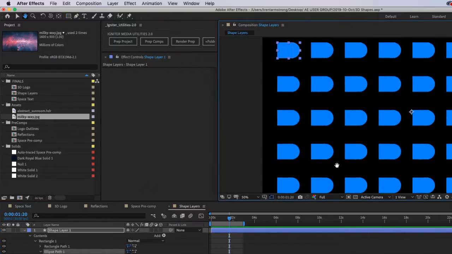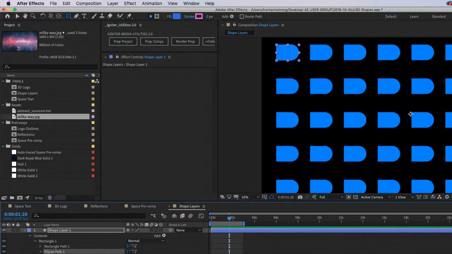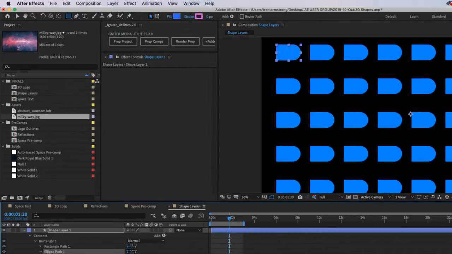Okay. So I'm quote unquote parametric. I'm changing this one shape here, and it's going through all of the different iterations.